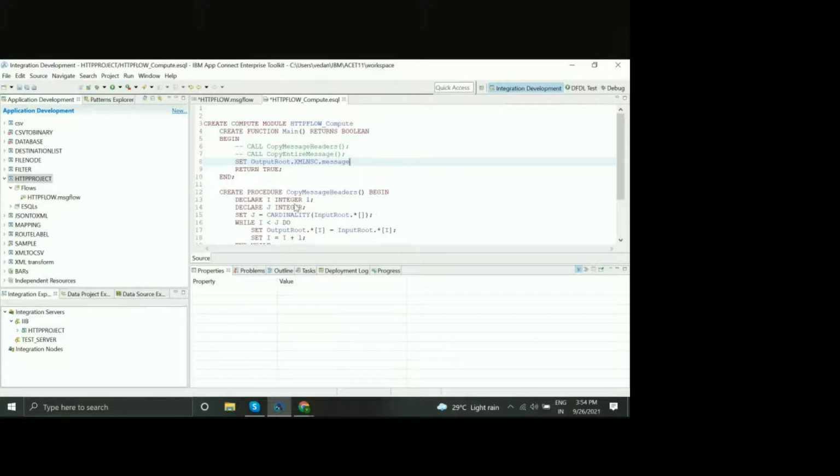Let's delete that and say root dot message is equal to 'hello world' within single quotes, and the semicolon. Save this and deploy.